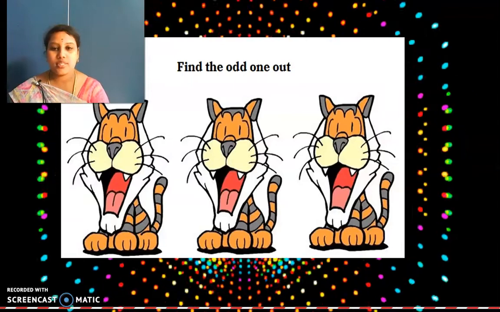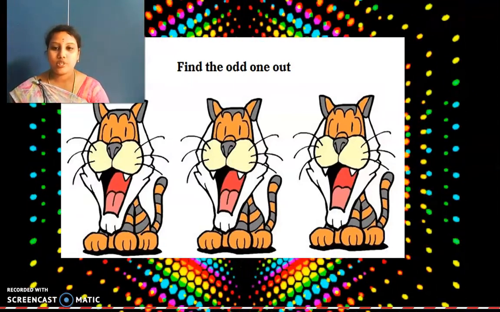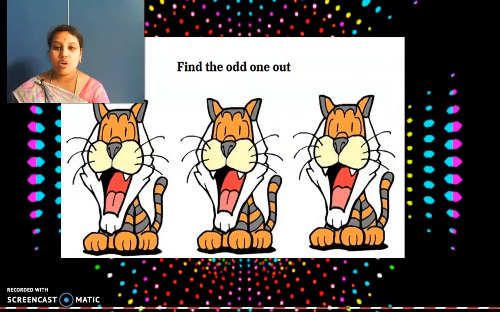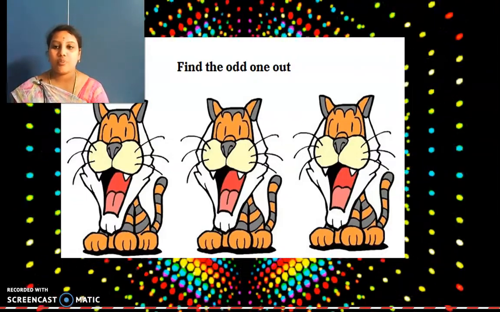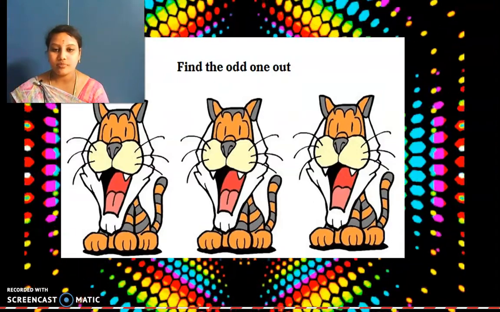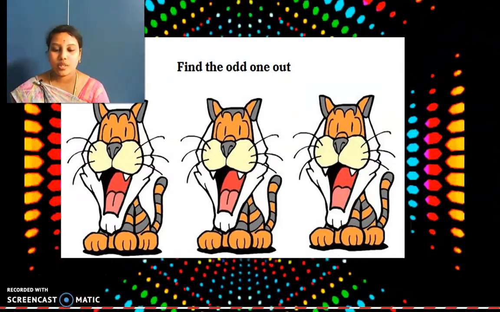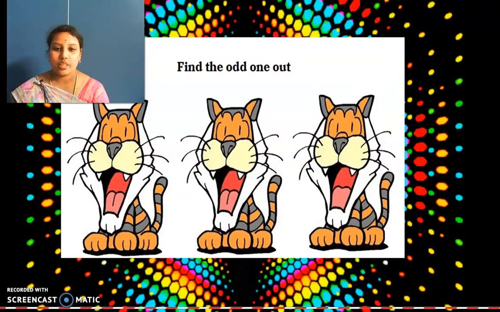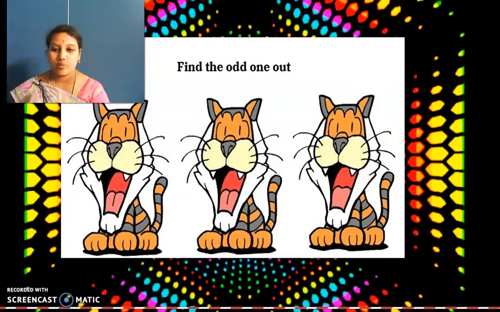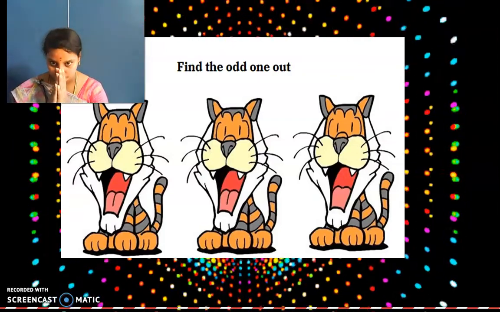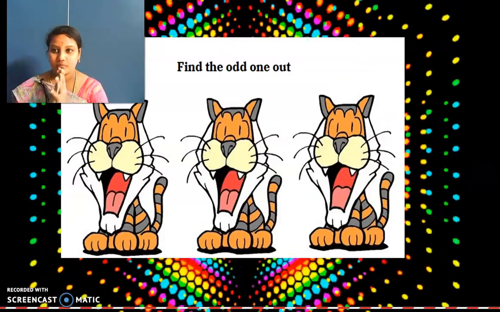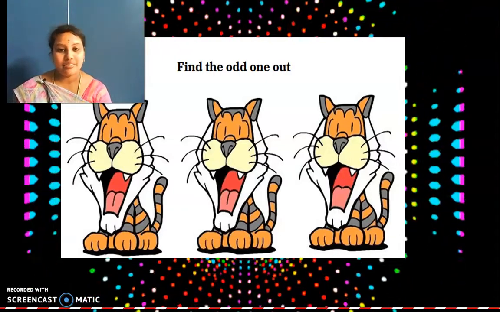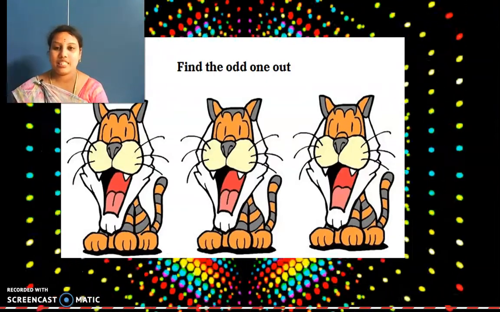Only a small mistake, that's it. Only a small thing. What you have to do? You need to observe. Come on, observe it. Come on, kids. A small mistake, that's it. In that you can find out. Come on, hurry up. You're finding, right? But I found. Yes, I found it.